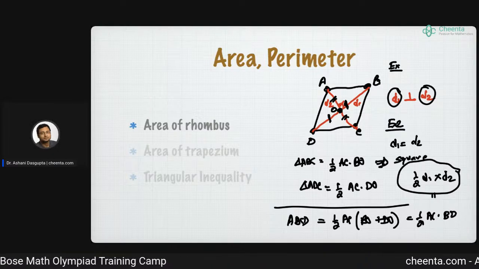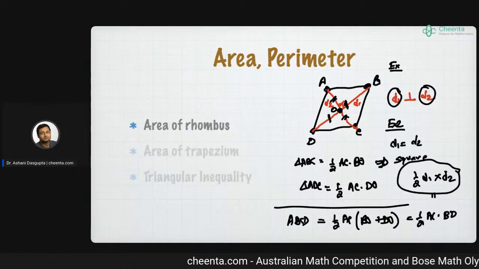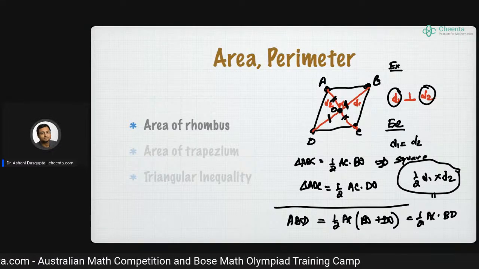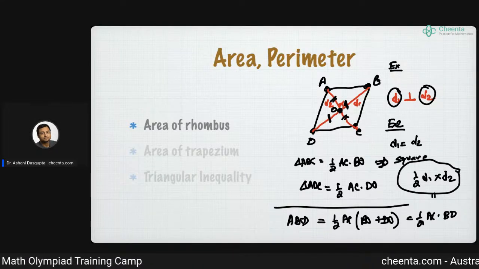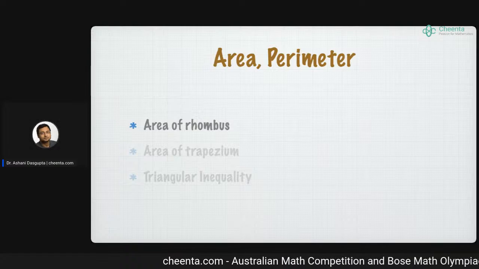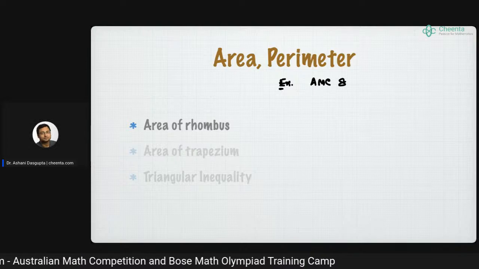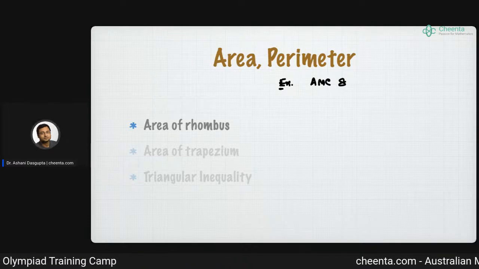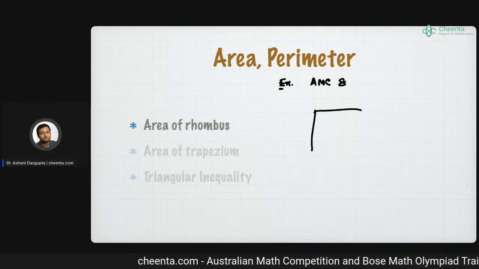Some of you may remember that we did a problem some time ago on three-dimensional geometry where we found a rhombus inside a rectangular parallelepiped. If you were not there in that class, I will give you an example of a situation where a rhombus comes up in a very different type of scenario. This example is from American Mathematics Competition 8, I think. So we start with a cube,